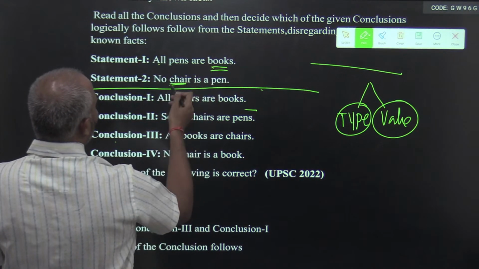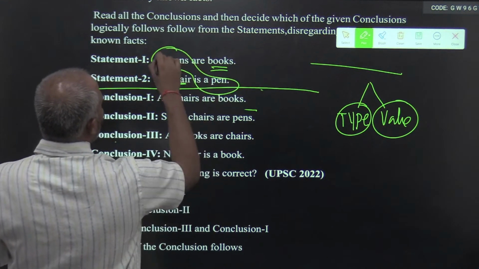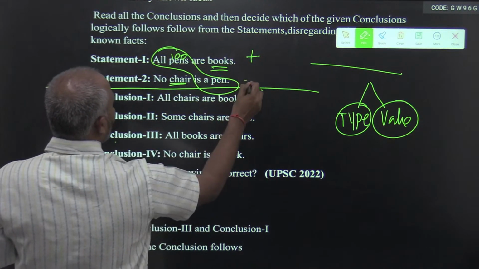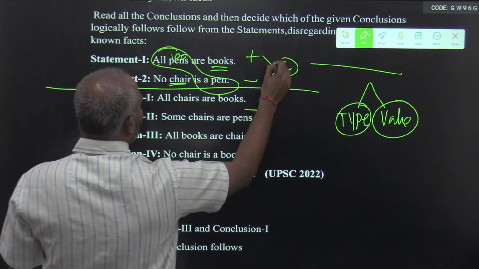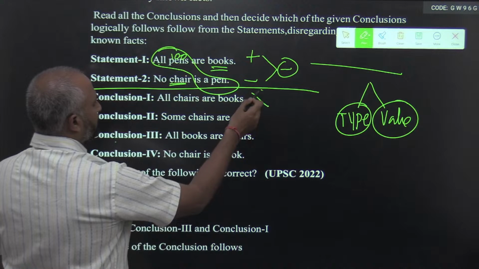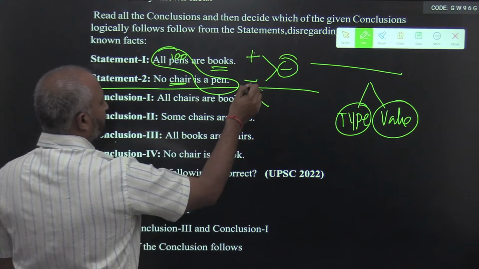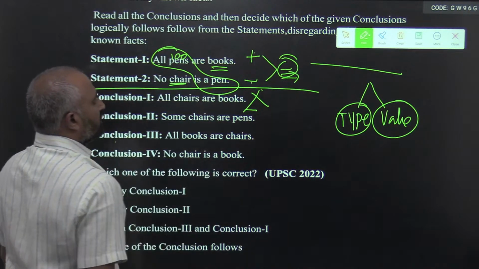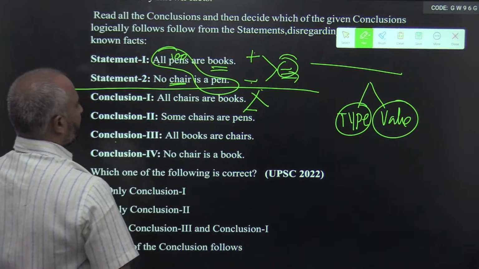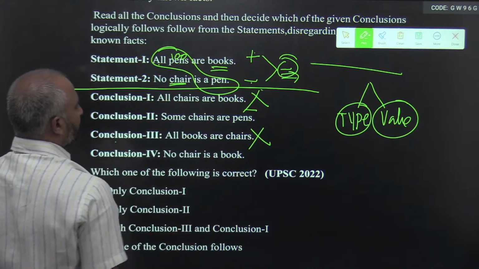You already understand why you can make a relation, why pen has a value of 100. So a positive statement and a negative statement will combine to give you a negative statement. You see, all chairs are books. What is this statement? A positive statement. So this conclusion cannot be drawn. Why? Because you are combining a positive and negative, the conclusion always has to be negative. So this positive will not be done. In the same way, all books are chairs, this will also not be done. Why? It is a positive.